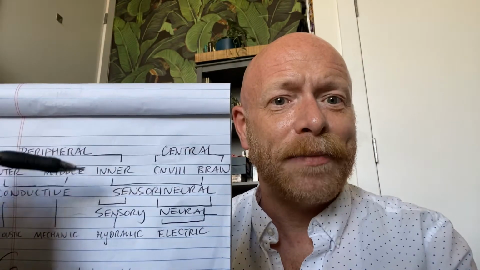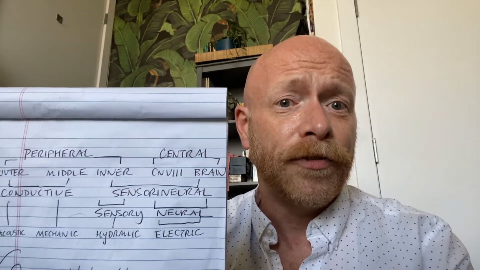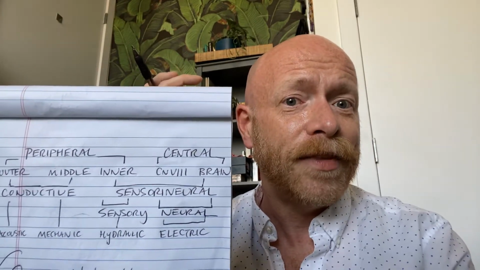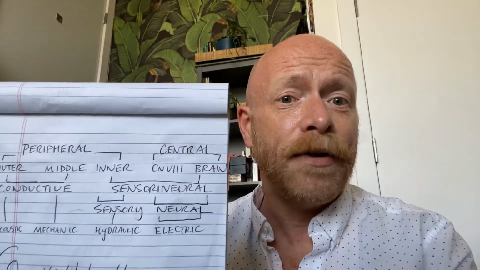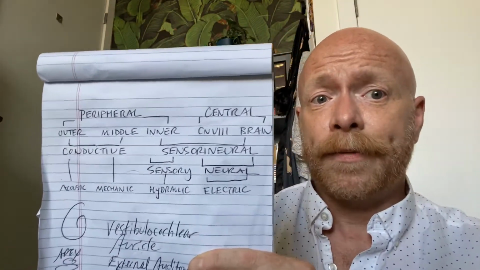Now, I did just say that cranial nerve number 8 is part of the central auditory system, but some of you will wisely note that we do indeed have 2 cranial nerve number 8s, one connecting from the cochlea on the right side to the brain and also on the left side. So you could make an argument, I suppose, rhetorically, that cranial nerve number 8 is part of the peripheral auditory system, but physiologically, what's happening here is more similar to the central auditory system. So in general, we would call cranial nerve number 8 part of the central system.